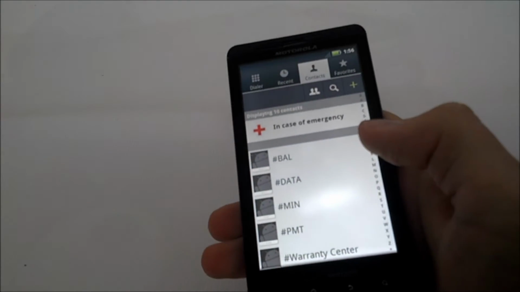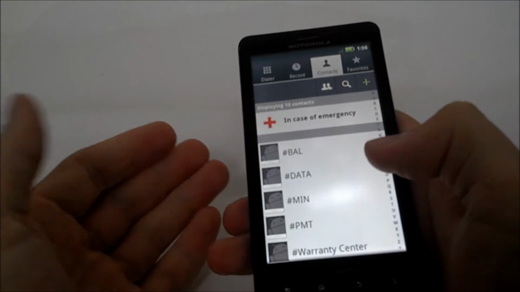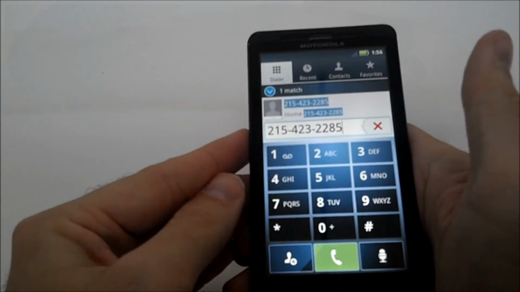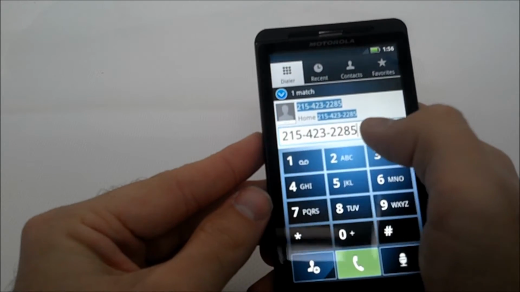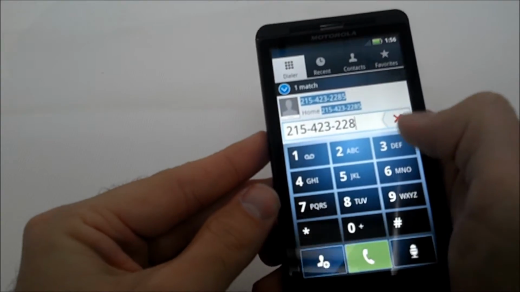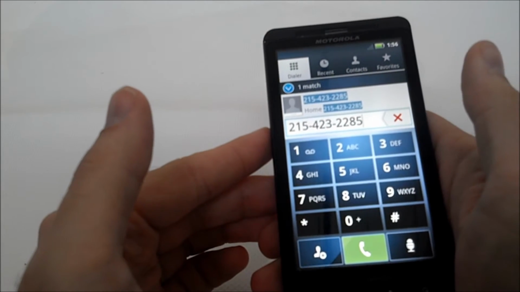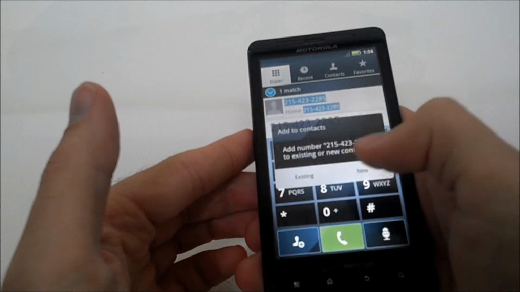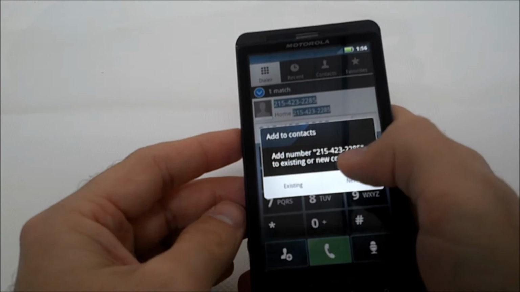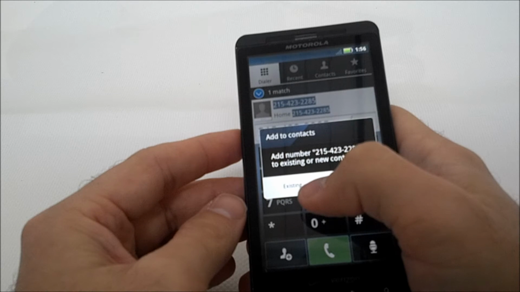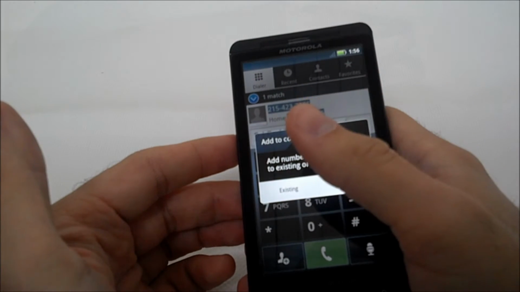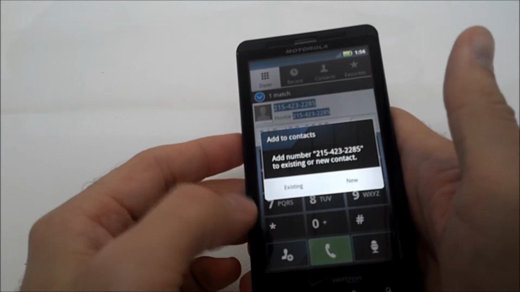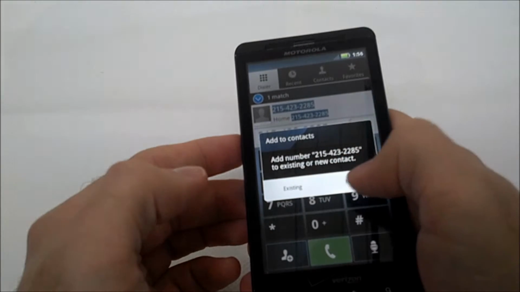Now, to add new contacts, this is actually super easy. All you do is go to your dialer, and you can type in any random old number. I actually went ahead and just typed in whatever. And you can go down to this symbol right here. Now when you tap that, you have a choice of either adding it to an existing contact, like let's say it's somebody's work number, or you just have their Facebook synced to it but nothing else. You can do that, or you hit new,